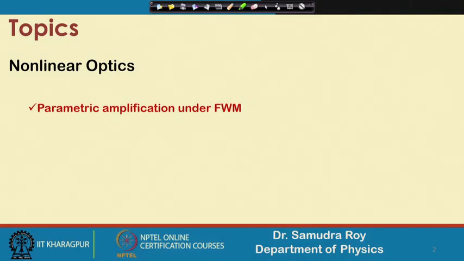Parametric amplification means we launch a light, which we call the pump light, and there is another signal. Because of this nonlinear interaction, there is an increment of this signal. Also another wave is generated, which is called the idler wave. This was entirely a chi2 effect, the second order effect, so only two waves are mixed there to generate the third one or amplify one of them.